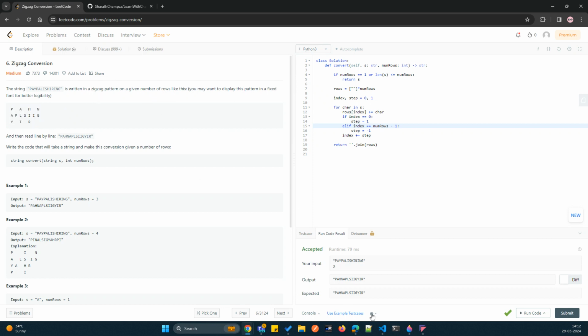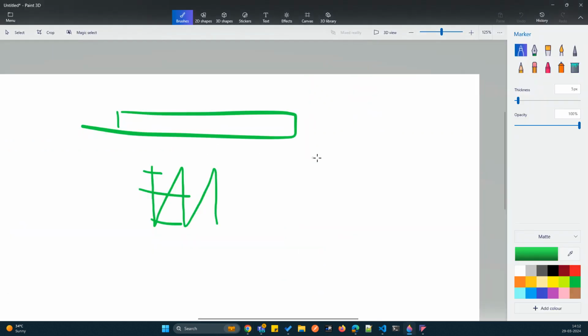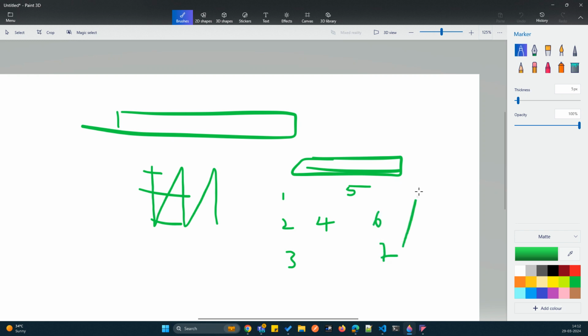Just to show, if we have something like this, one array of string, and we are told to split it into three rows in a zigzag format. So we go 1, 2, 3, and then the number of three rows is done, right? So we'll have to go up here, 4 and 5. Again we are at the top, we'll go down to the next, 6, 7, and similarly 8, 9,